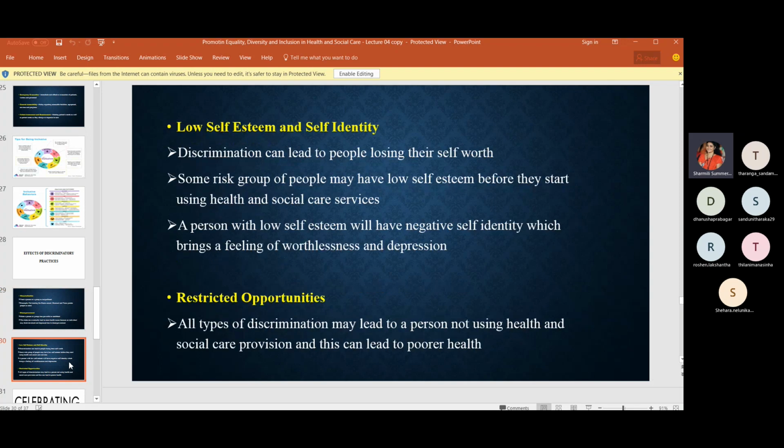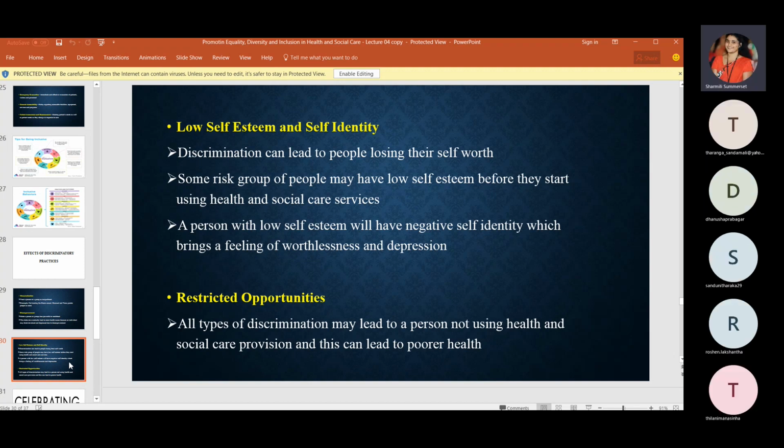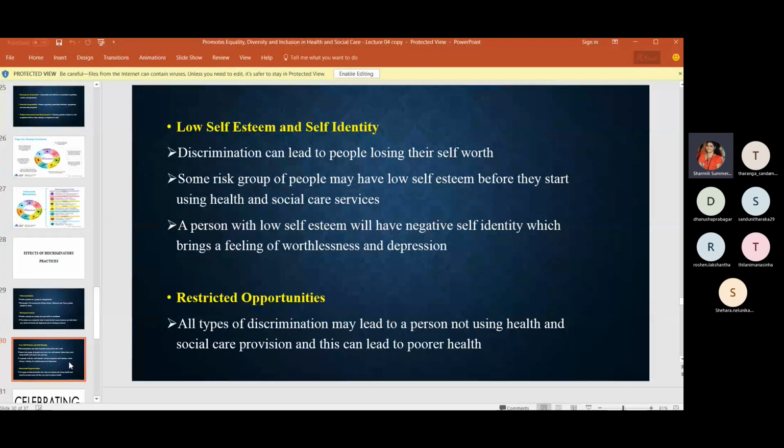So the next effect is low self-esteem and self-identity. I already told you self-esteem means how an individual perceives himself or herself, like how I perceive myself. So that means I'm thinking that, okay, I'm a beautiful woman. I'm a lecturer. I am living a wealthy life. I am having my own perception. But if someone starts to criticize me, saying you are not beautiful, although you are a lecturer, you are not wealthy, you are not having enough money, those things,